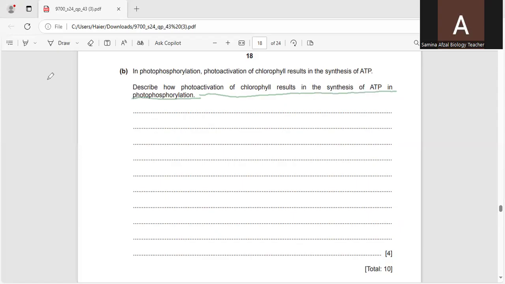So this proton gradient represents a form of potential energy. So then protons flow down their concentration gradient from the thylakoid lumen back to the stroma through a protein complex called ATP synthase. So in this way, I have explained this in detail, and we have to write these points on the given space. So I will make it short and I will write the major important points. So first of all, I would like to say that the chlorophyll